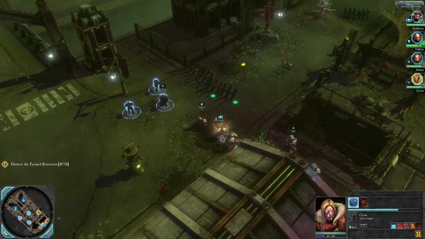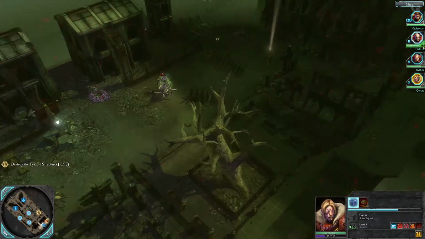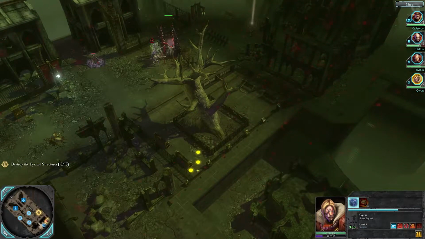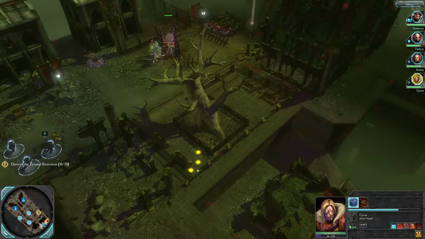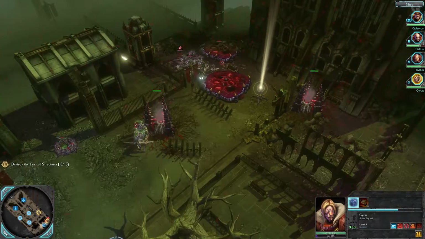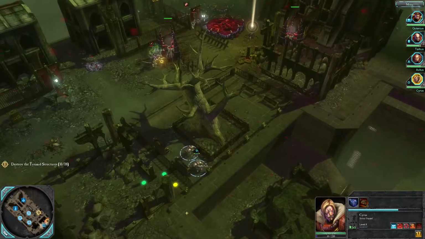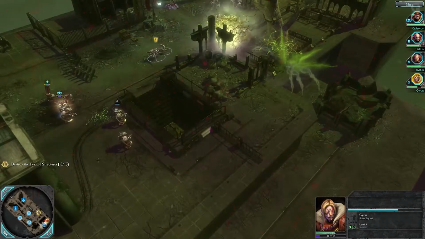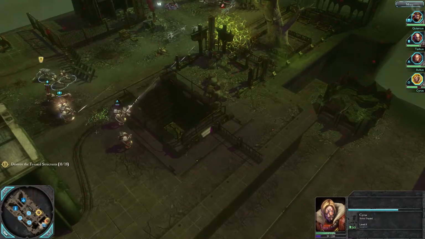Right. Scouts here, still engaged. So what ideally we want to do is try and get to that point up there. I just need to see what's ahead here. Okay. That's not good. They've got 2 spawn pools. Uh-oh, and he ran out of... I'm going to run him back because